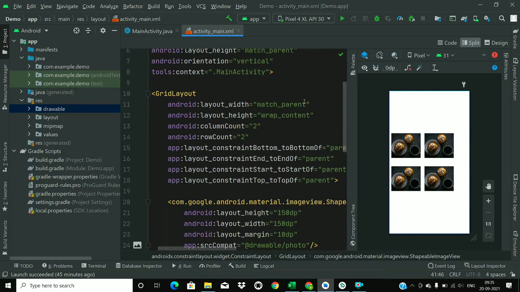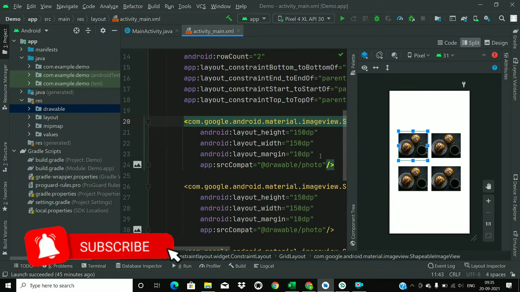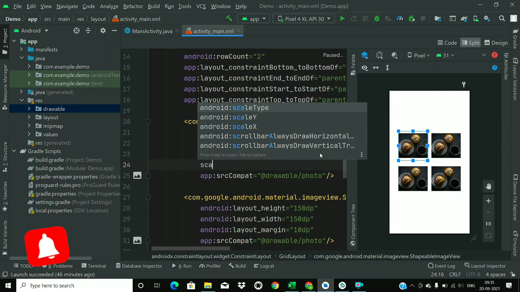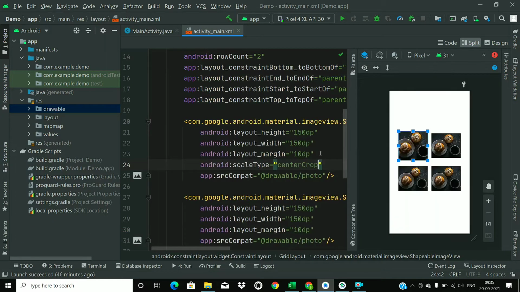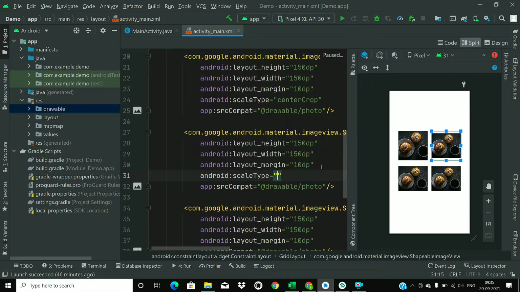Okay, I think we should change this width to wrap content so that these images will come in the center. We have to add scale type center crop so that it will expand and fill over the image view.